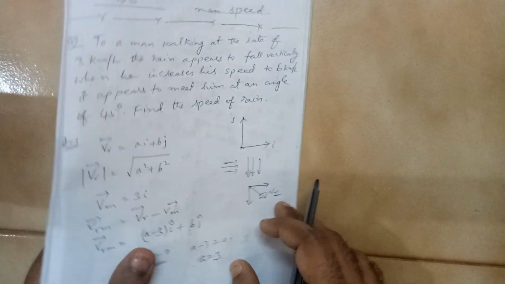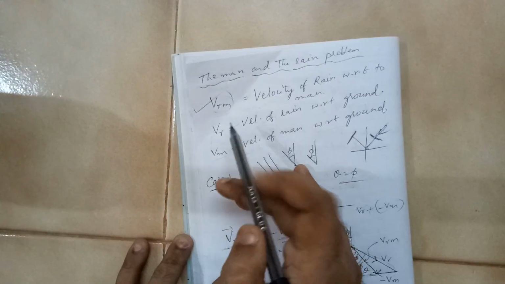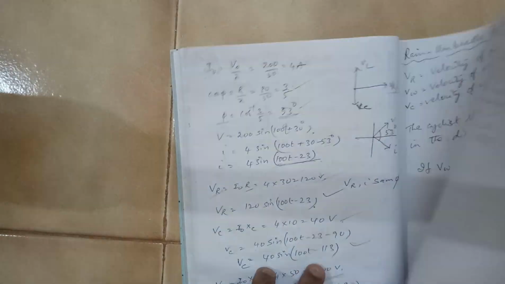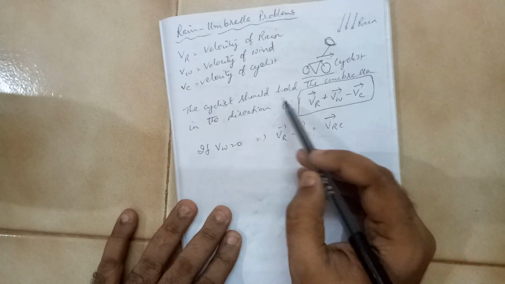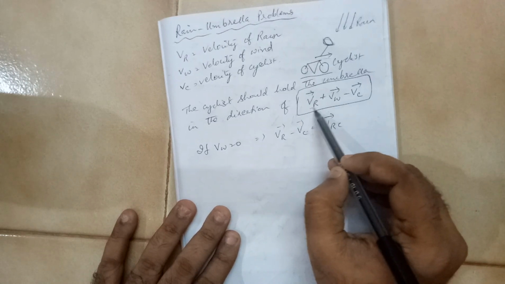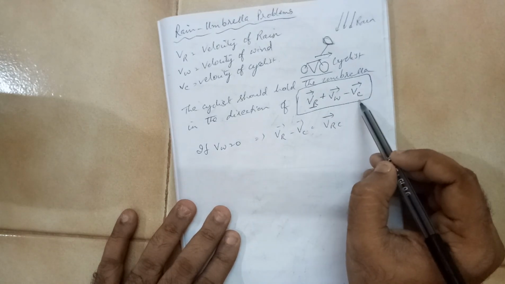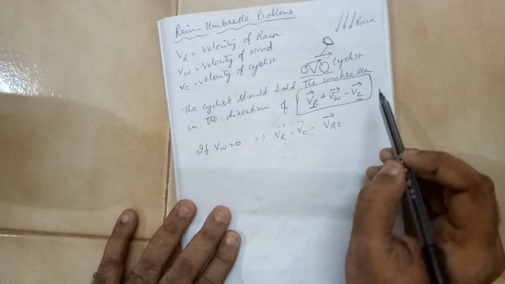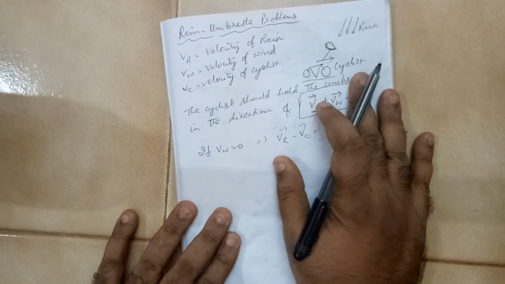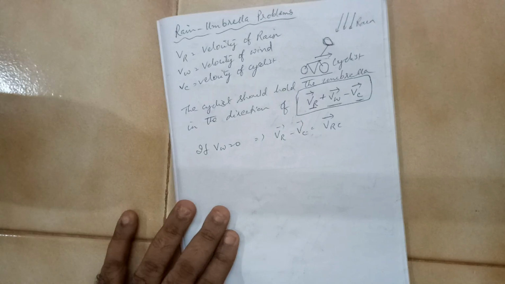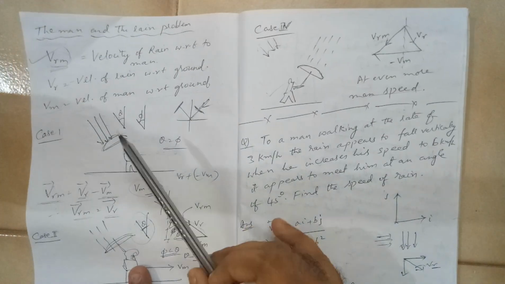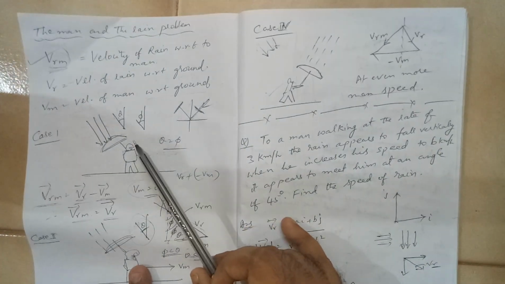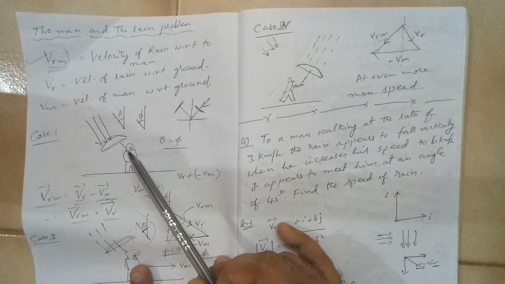So in the whole calculation, when you are doing this VRM, we are calculating VRM, no? So in the case of a cyclist I have written here, you have to calculate the velocity of rain with respect to the velocity of the cyclist only. Suppose this is a cyclist case, you need to simply add the velocity vector of the wind. So the cases we have discussed here are basically in still air. That means there is no wind movement.